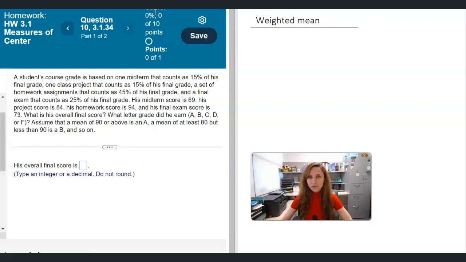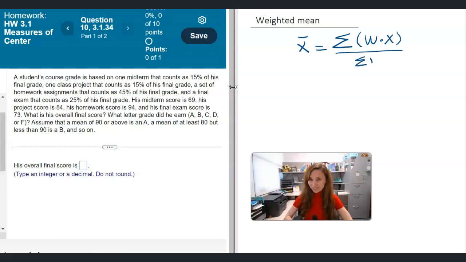Let's start with the formula for weighted mean. Weighted mean is equal to the sum of the weight of the category multiplied by the value of that category divided by the sum of the weights. Let's start with the first category, midterm. Midterm counts as 15%, so